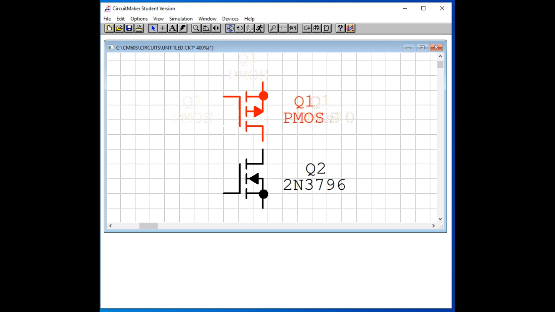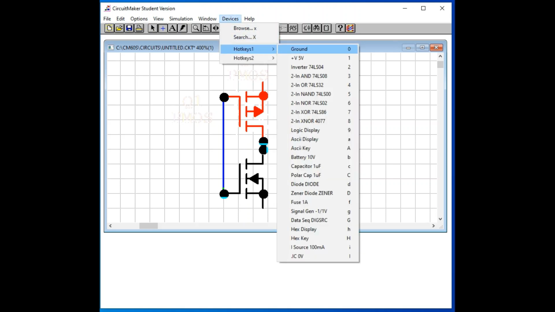That's okay. Now let's connect the wire. Okay, then we can connect these two gates also. Okay, then we can also insert a voltage source, ground.